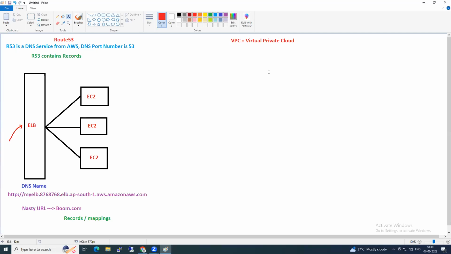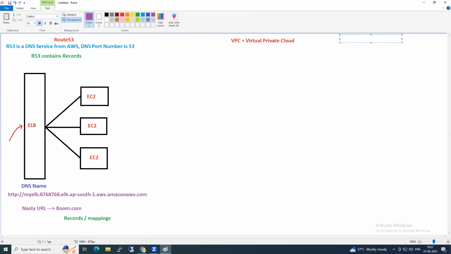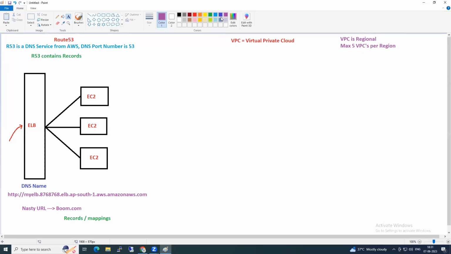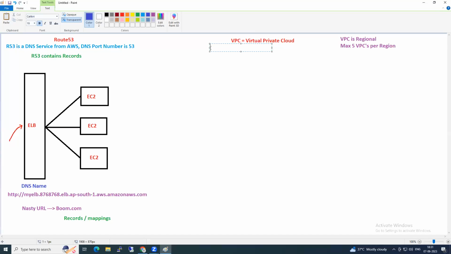Is VPC regional or global? Regional. Remember, we learned this topic. VPC is regional, and the maximum is 5 VPCs per region. Can I also call the VPC a virtual data center on the cloud?